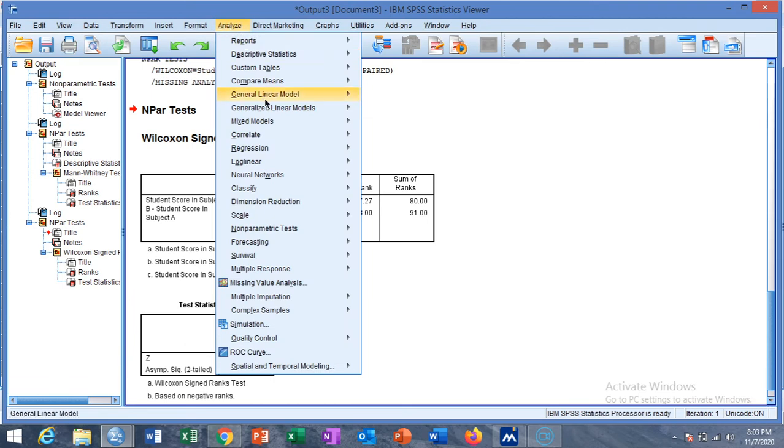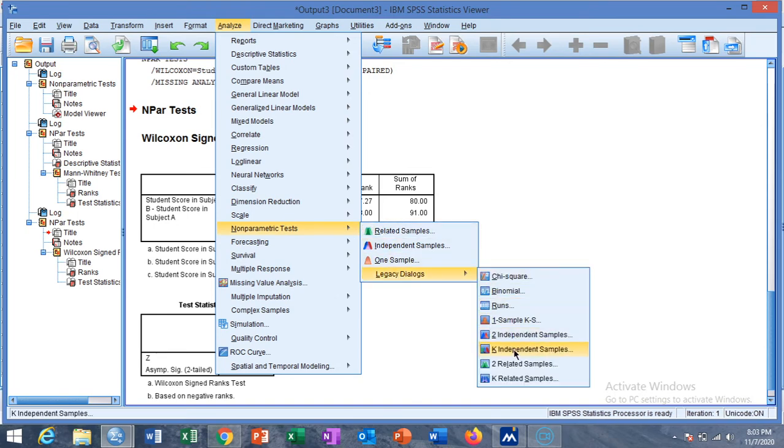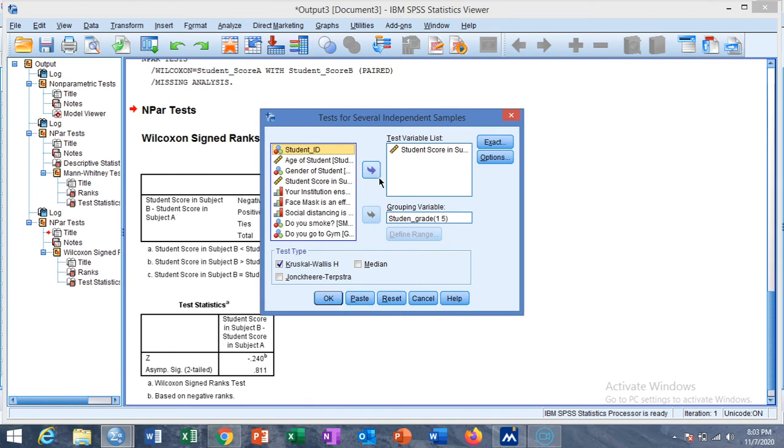You can also perform these tests for k independent samples using the option of k independent samples. I have already selected the student score in test variable and the student grade as the grouping variable.